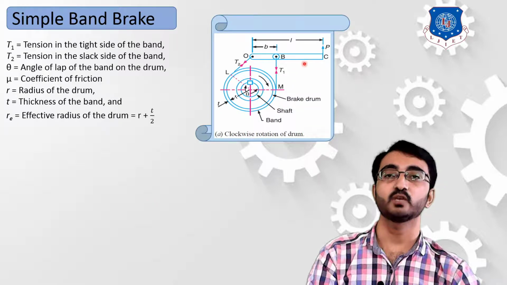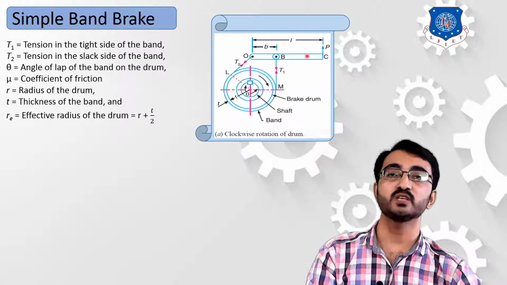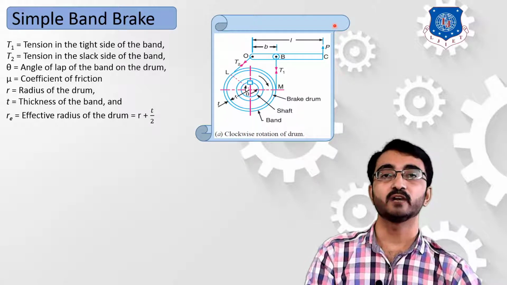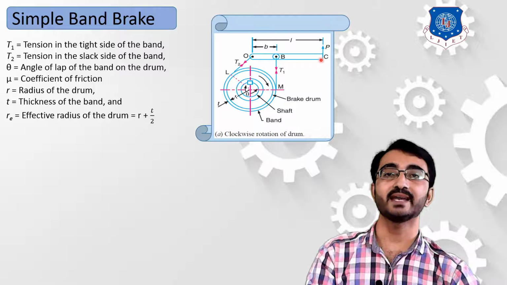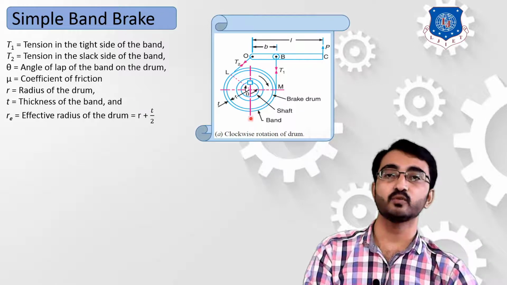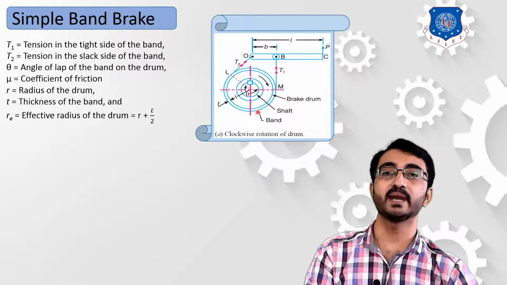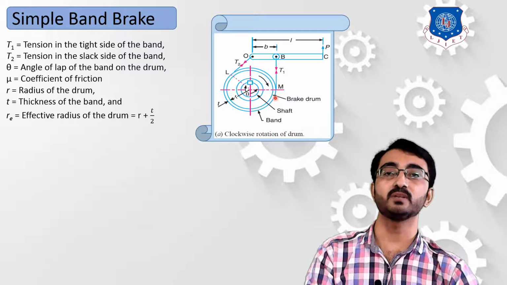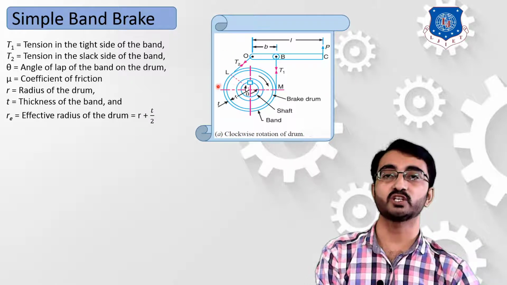So now you can observe this diagram. Over here in this type of brake, we are using one lever, and by applying force on this lever in this vertical direction, this external force will apply force on this band material, which will come in contact with this rotating wheel. Due to this contact between this band and this rotating wheel, there will be a frictional force generation, and due to this frictional force we can reduce the speed or we can stop the rotation of this body.